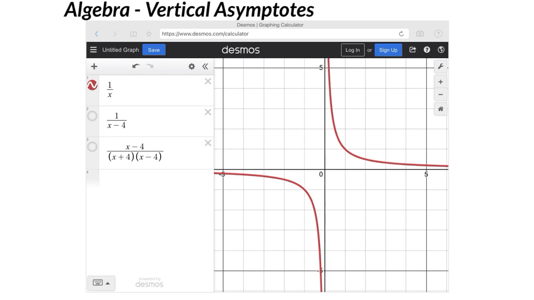I'd like to talk about vertical asymptotes. Now, this very first graph that you can look at here is 1 divided by x. Okay, 1 divided by x. And I've graphed this over here, and you can see that we've got this kind of weird spike in our graph occurring at 0. And the reason it's occurring at 0 is because we all know you can't divide by 0. So I can't evaluate this function at x equals 0,